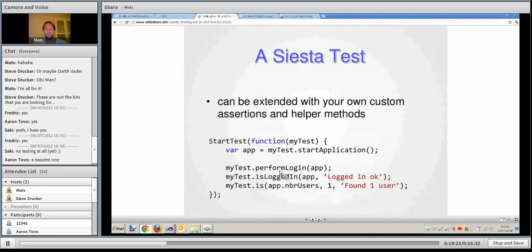And like I said, you can extend the Siesta environment with your own custom assertions and helper methods. So maybe you're testing some application login scenario, or maybe a login has to be performed before you start your test. Then you might add a method called performLogin to your test class, and then another assertion method called isLoggedIn, which sends in some hypothetical app object and then outputs this, and so on. So if there's something you need, or if there's some type of procedure that you do a lot in your testing, you can break it out and reuse it over and over in all of your tests,